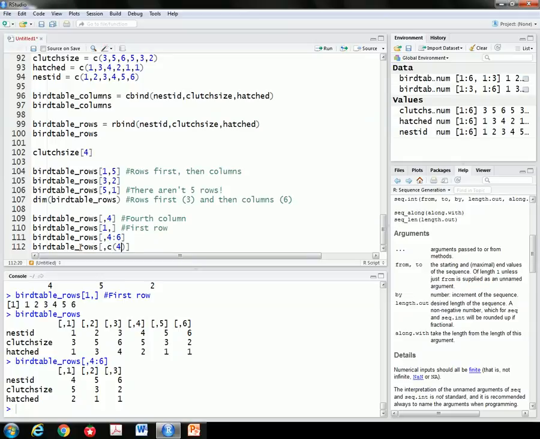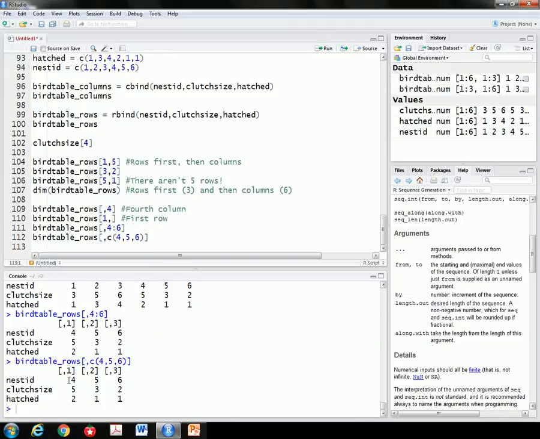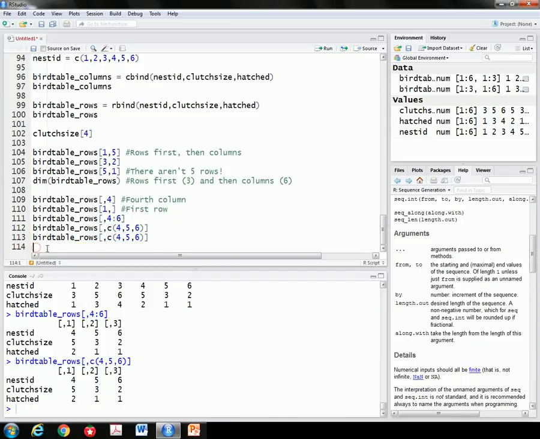I put a vector in here now. So now I'm not just asking for a single number. I don't just want the 4th column. I put a vector in my call, and I want 4, 5, and 6. So do that. And again, I get the 4th, 5th, and 6th columns. I've left the rows blank here because I want all the rows, but maybe I'm even pickier for some reason,